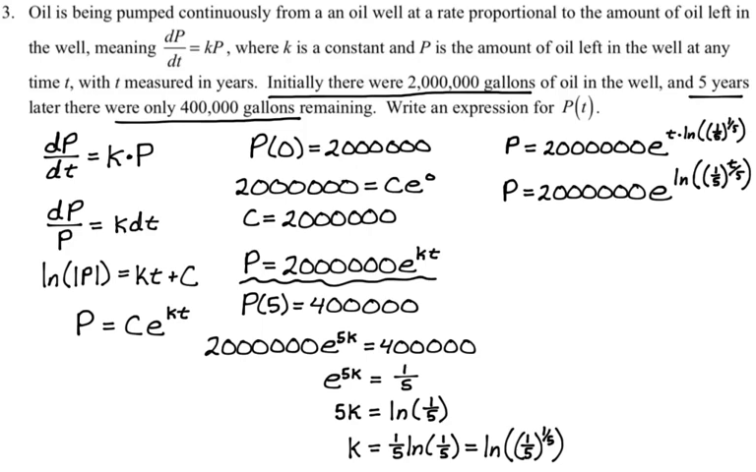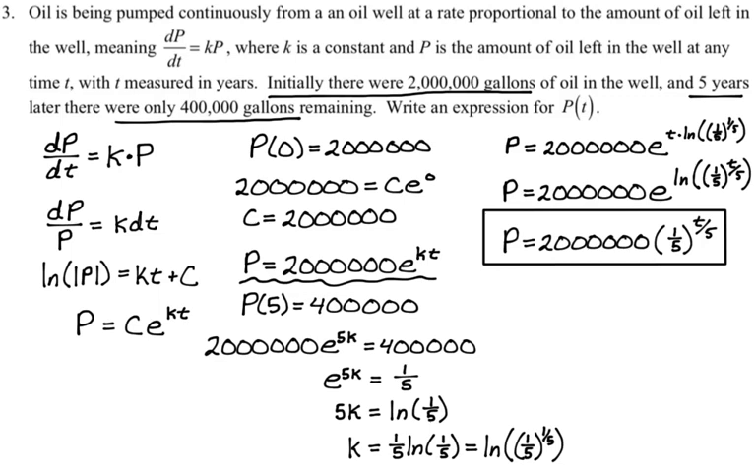And then we have e to the natural log of blah is equal to blah. That's a property of exponentials. So I get 2 million. E to the natural log collapses, and I get 1/5 to the t over 5, which is definitely the answer I would choose. But multiple choice, there's no way to know that somebody didn't make it